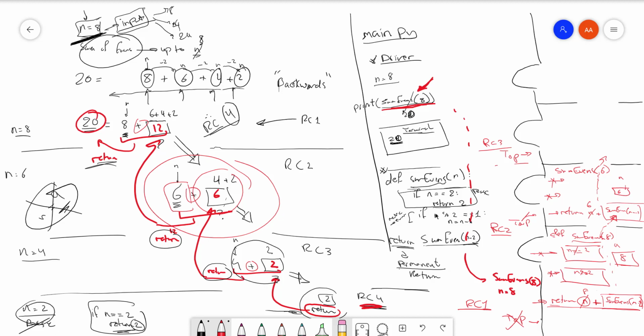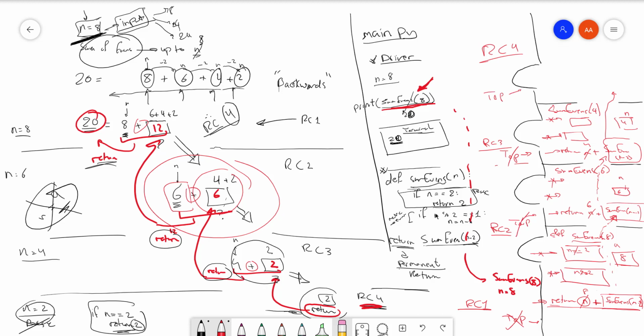Where you are calling here SumEvens 6, and this is SumEvens, yes, you guessed it, 4, right? So n here is equal to 4. The base case conditional is not going to work. The other conditional for converting to even, it's already even, so there's no need for it. Let's go to the return: n plus SumEvens of n minus 2. This is going to be substituted by 4, and this is going to trigger another function call where this is recursive call 4 and this is my new top,